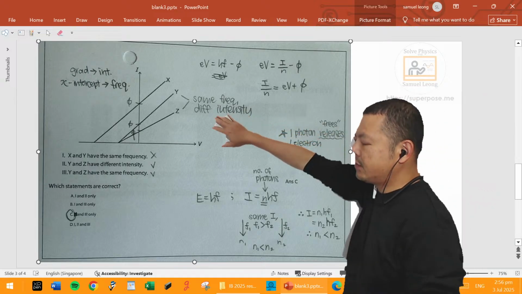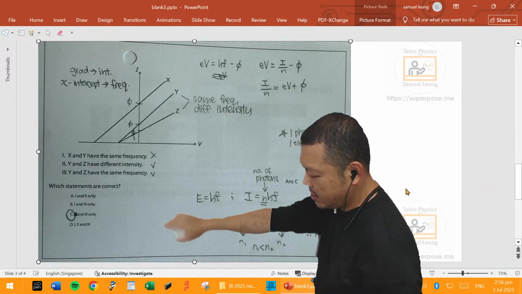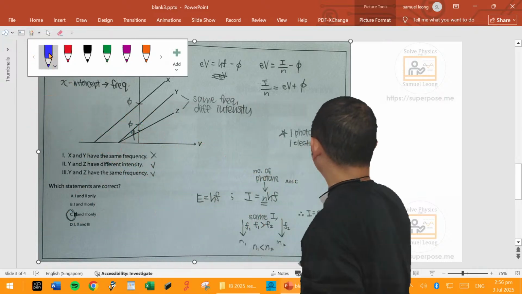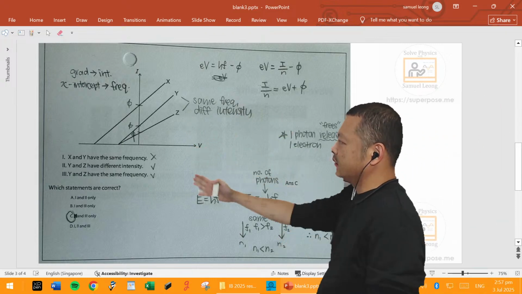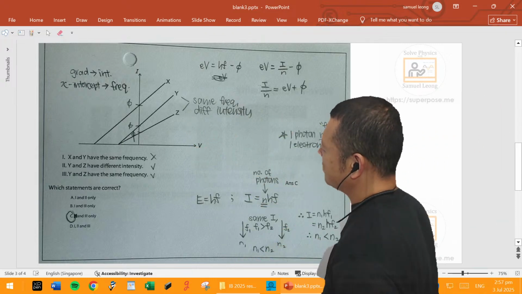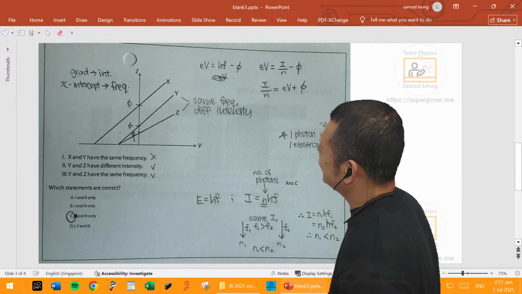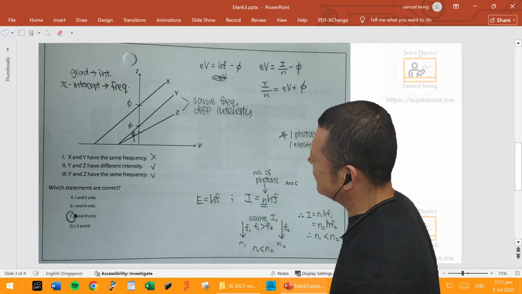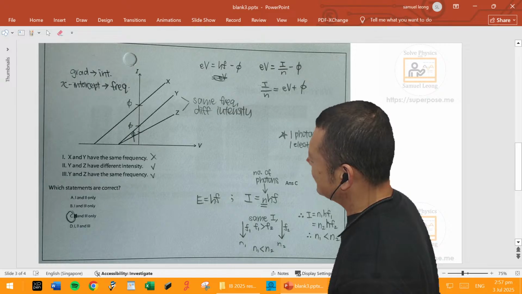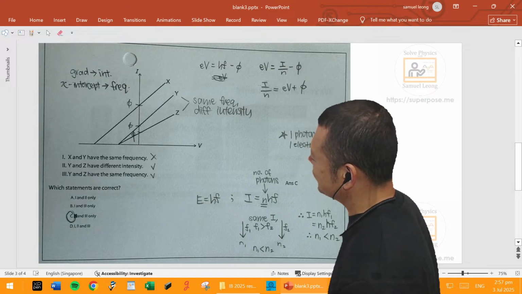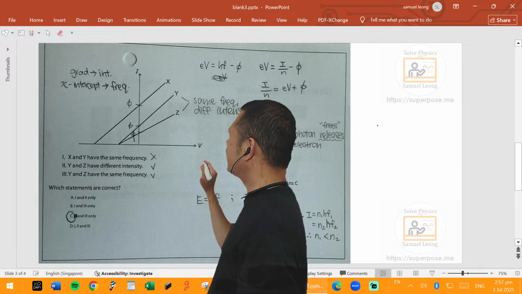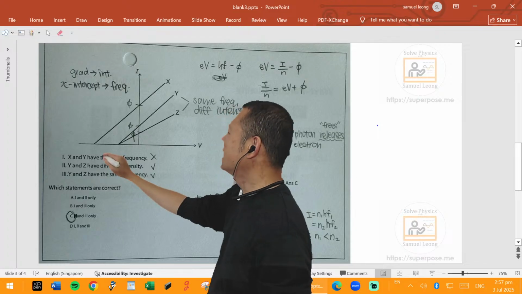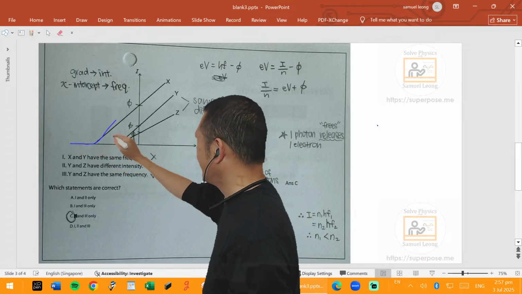Anyway, for those who are not aware, this is E2, this is only HL. So this is the photoelectric effect. There is something severely wrong with this question. What's the severely wrong part about this question? You don't know, okay. So it's an IV graph. Even if you use a straight line, by right it's supposed to be a curved line. Remember, it's supposed to be a curved line, looks like this.